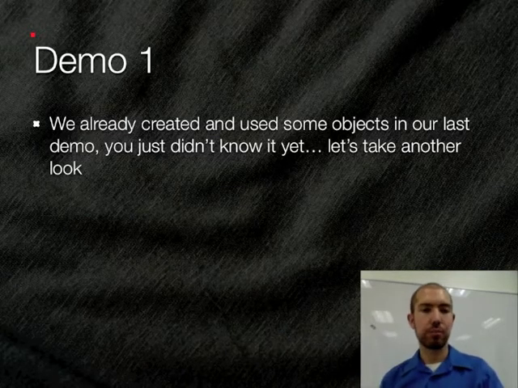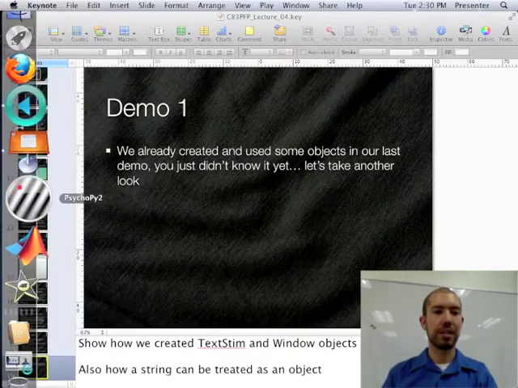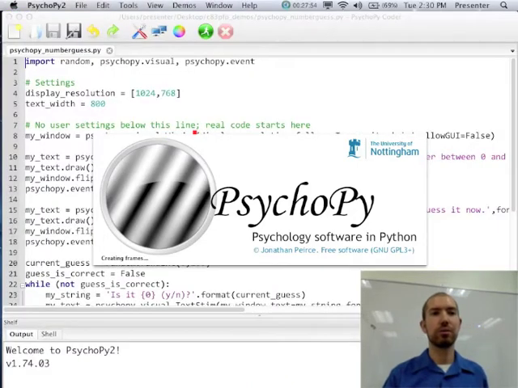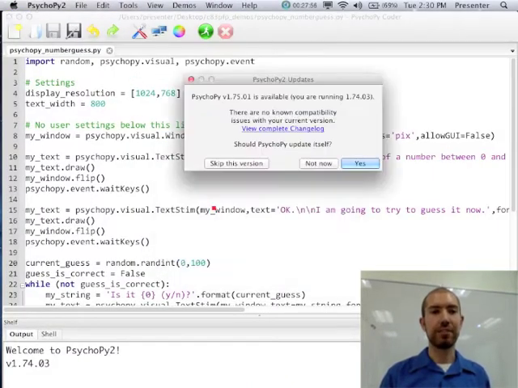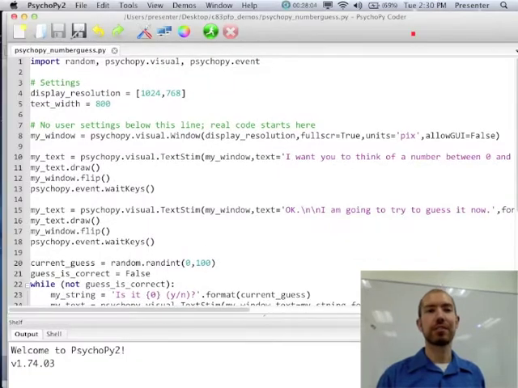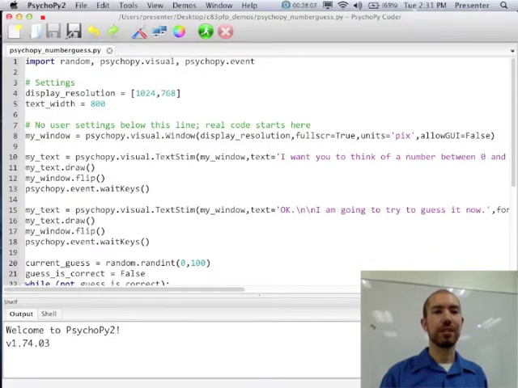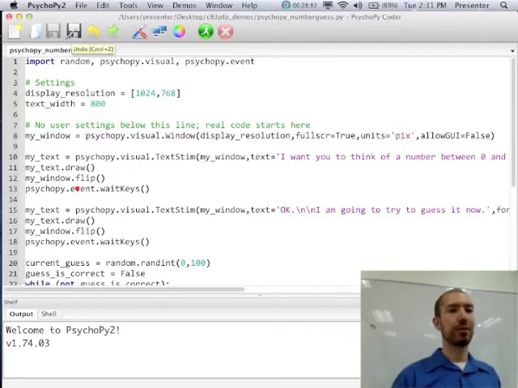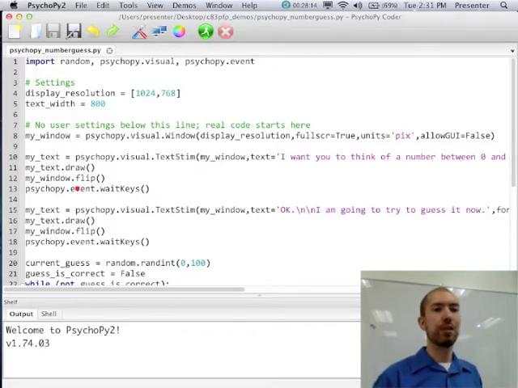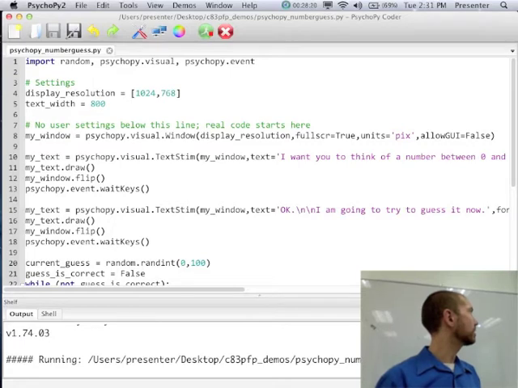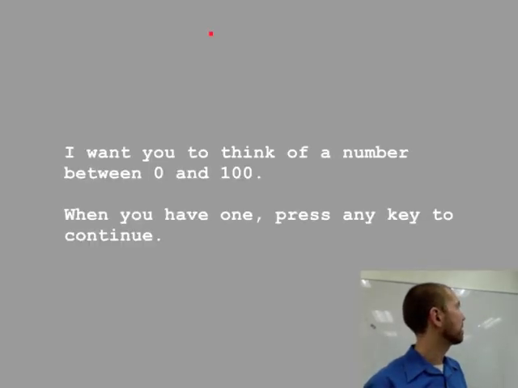So let's pull up that demo, if you guys don't mind, and just take a quick look at the code we had last week. So if you can remember back to last week, see if you can find it. All right, so bring up your CyclePy coder. Everybody got your number guess program from last week? I'm sorry, trying to get my windows lined up. So if you can find that again, hopefully you still have this code, because we're going to be modifying it today. Get your CyclePy open, get your CyclePy number guess, and if you want a refresher on what it does, hopefully this code still works. I can't remember if I modified it.